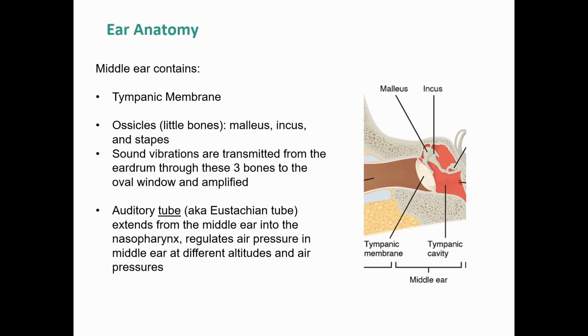There's also the auditory tube, also called the eustachian tube. This extends from the middle ear down to your throat in the nasopharynx region. This is to help regulate air pressure. Because your middle ear is filled with air, not fluid, that means changes in elevation, changes in altitude